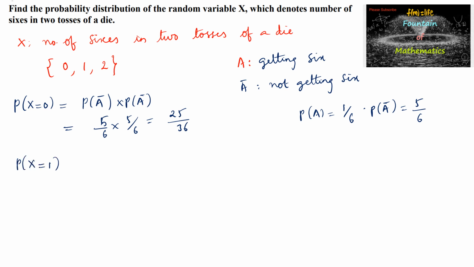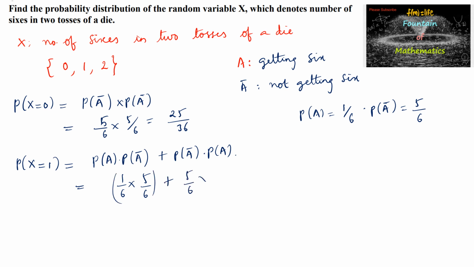And probability of x equal to 1, meaning any one of the dice is 6, is probability of A into probability of A bar, or probability of A bar into probability of A. So probability of getting 6 is 1 by 6 into probability of not getting 6 is 5 by 6, or probability of not getting 6 is 5 by 6 into probability of getting 6 is 1 by 6. So which is equal to 5 by 36 plus 5 by 36, that is 10 out of 36,